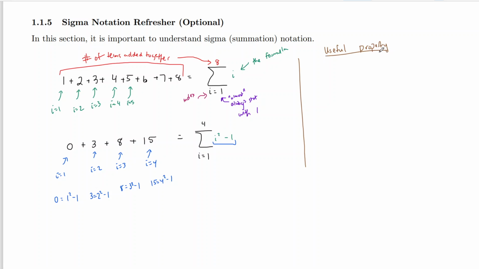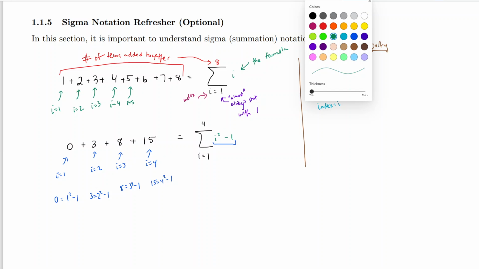There is more than one property, but this is mainly the useful one. If you have the sum from I equals 1 to, it doesn't matter what it is, you can just say it's n because we don't know what it is. The index is our variable. So it's like an x and an f of x. The index is our variable. So the index is I. What that means here